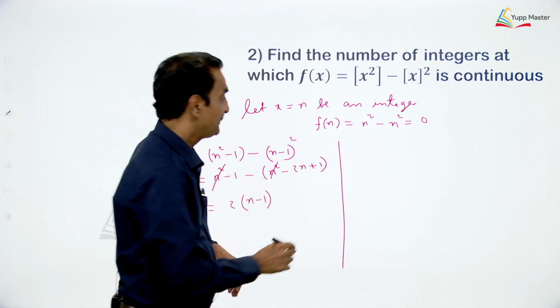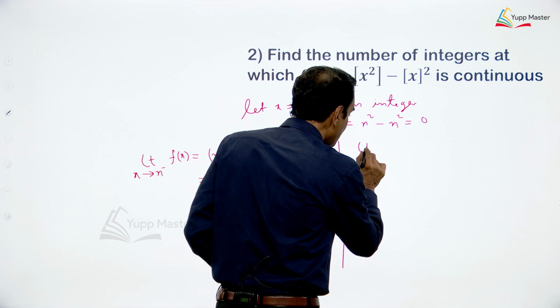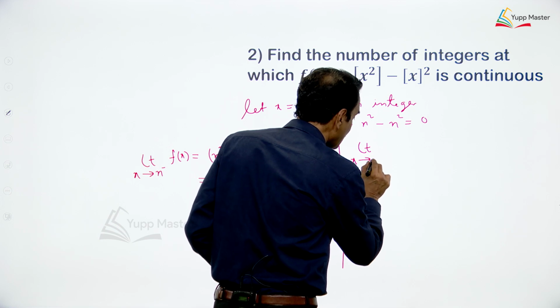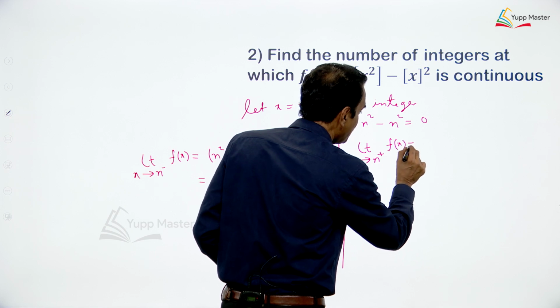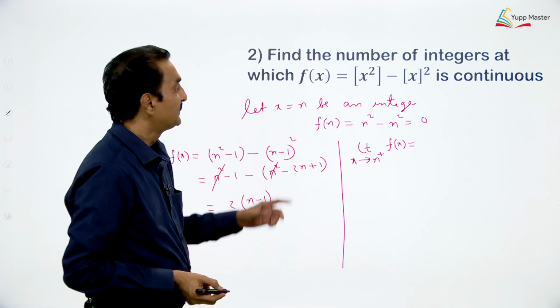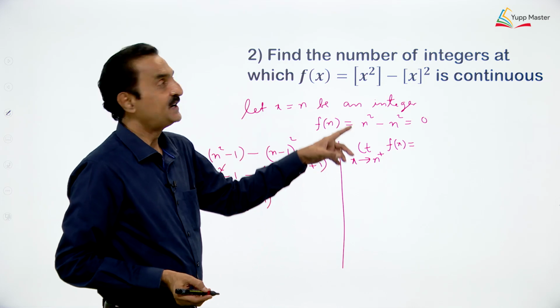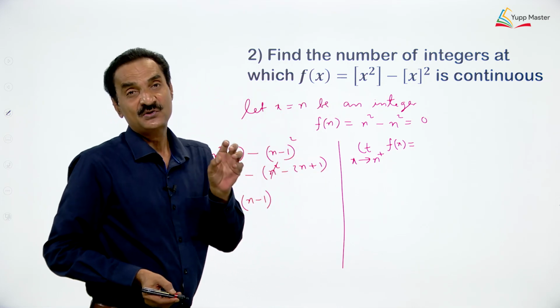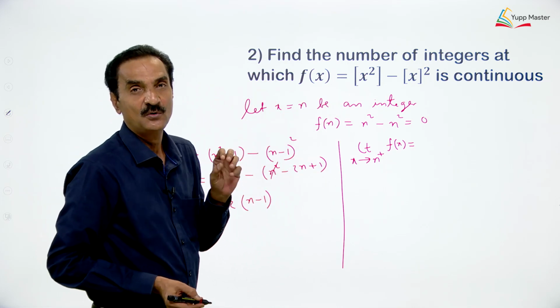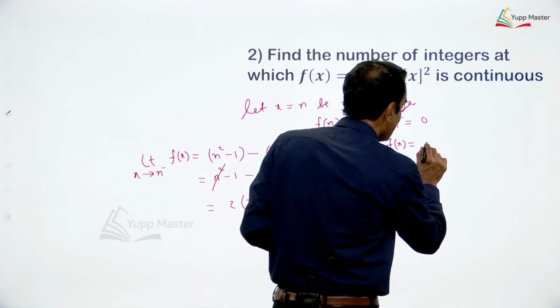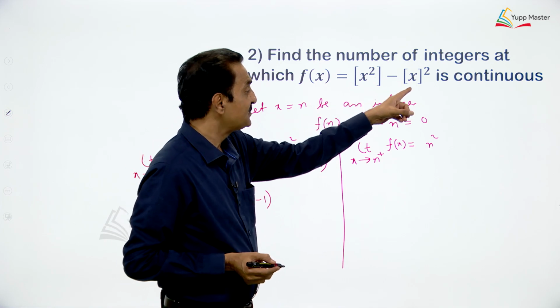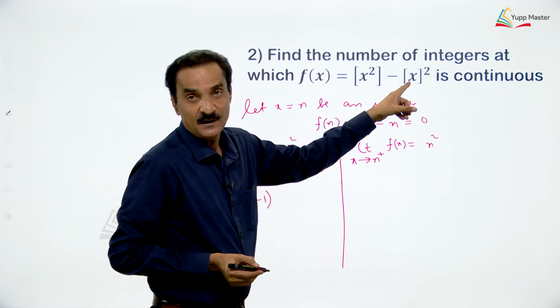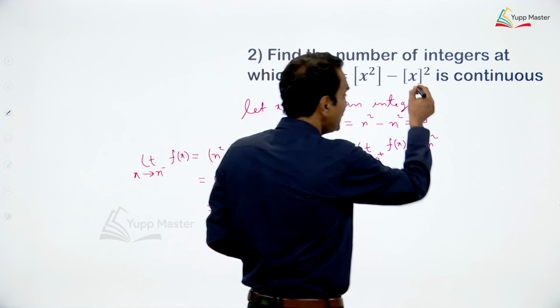Now, right hand limit. Limit as x tends to n plus of f of x is equal to, if x tends to n from the right side, x square tends to n square from the right side. So, what is the integral part? It will be n square. If x tends to n from the right side, the integral part of x will be n. So, this is n square,